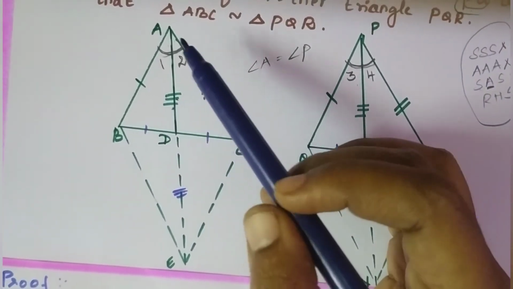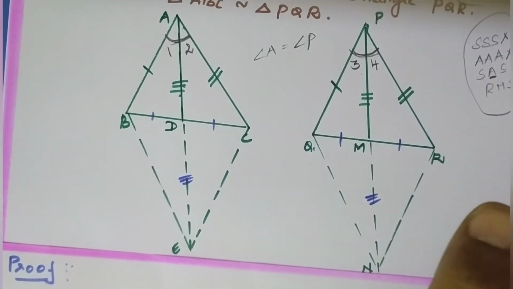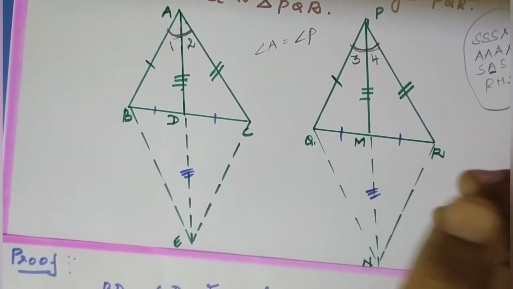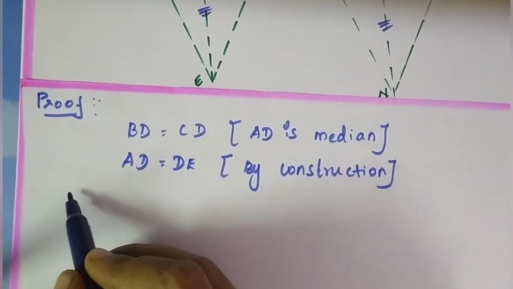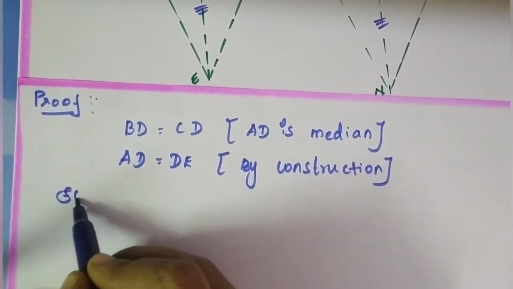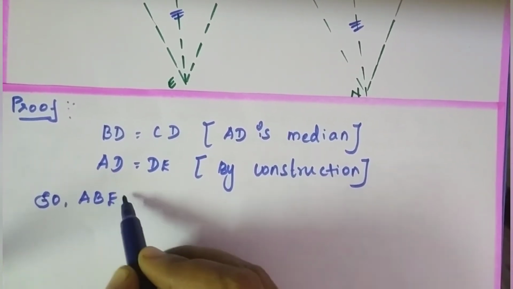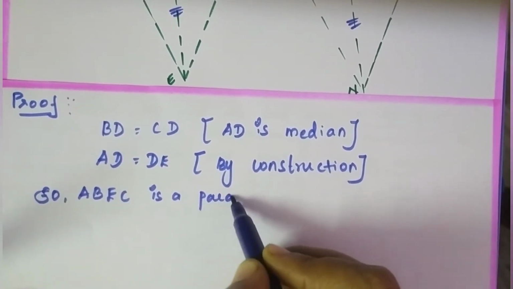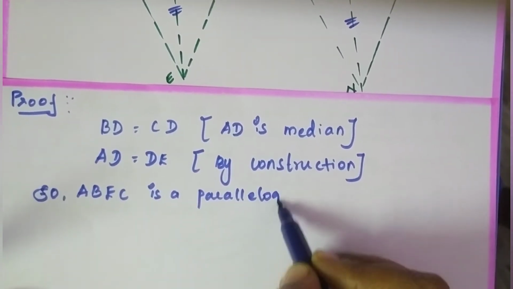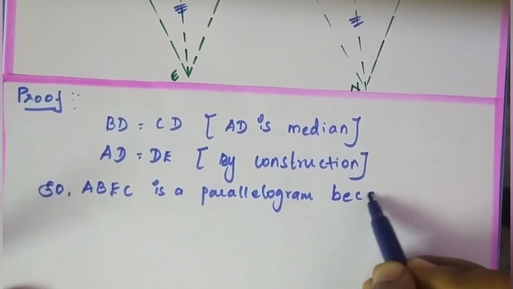So which figure is a parallelogram? ABEC is a parallelogram. So from this two I can tell that ABEC is a parallelogram